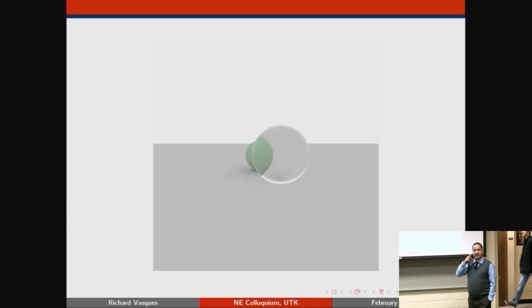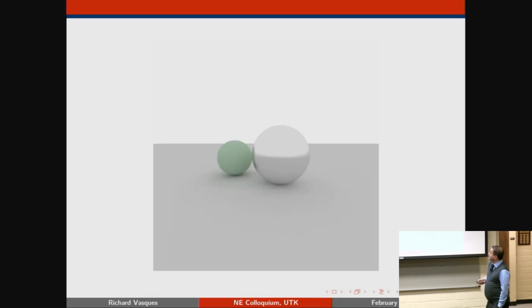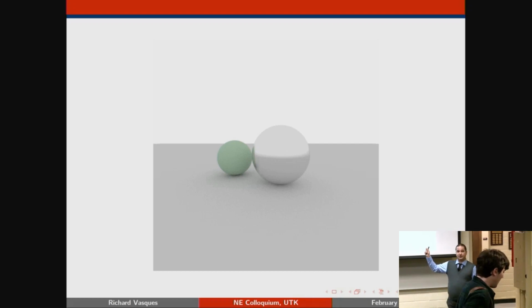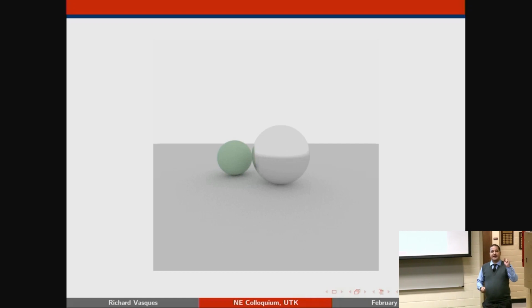So you start at your camera, you shoot a ray up to the material, and you see if that ray reflects anywhere that has a light source, and you get the energy deposited in there. In this case, you're starting to complicate your model a little. So I have a metal ball here that has a reflection of the green ball. If I'm the camera, I shoot a ray from my eye into the metal ball, and I see, okay, can I trace a path from that point on the surface to a light source? Yes, so I'm going to get some energy in there.